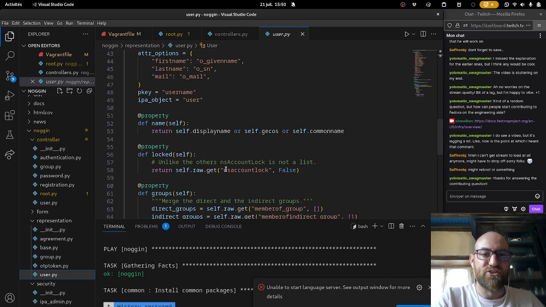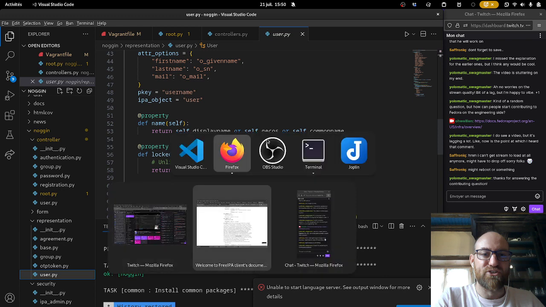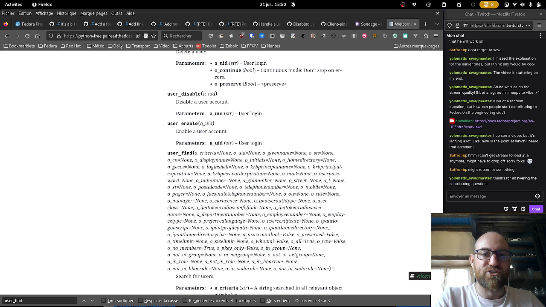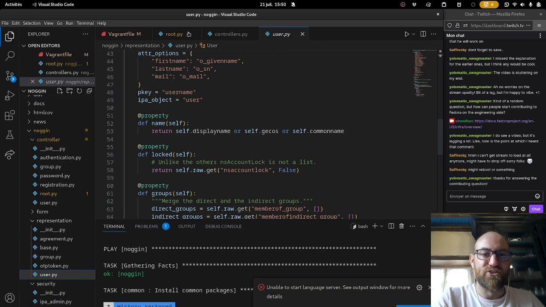Okay, so there's an attribute called NS account lock that means that your account is locked. And if I remember correctly, we have here an option that you can pass to user find to specify if you want accounts that are locked or not. So that's exactly what we want. Good news.